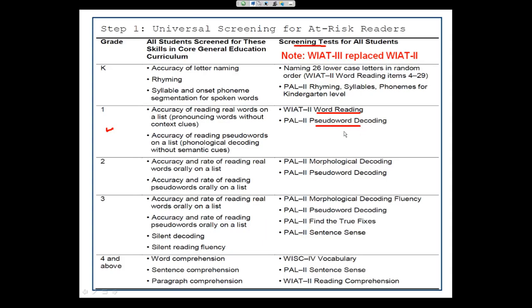You notice that we've identified 2 different tests here, but really you can use any measure of word reading, any measure of pseudo word decoding. If you look at grade 2, for example, if you're thinking about Tier 1, the universal screening for at-risk readers, you're looking at the pseudo-word decoding. I still want to know that you're able to decode the words, but we're also now looking at morphological decoding. And then at grade 3, you would look at pseudo-word decoding, also the morphological decoding fluency, find the true fixes,